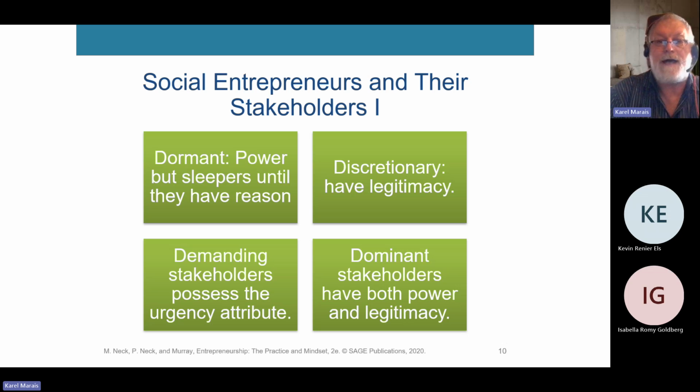stakeholders. These are the guys that are screaming and shouting, right? They have urgency. One of the reasons why you should consider them as having urgency is they could be the only people talking against you. But sometimes the fact that they are the only people talking against you is a problem. People might listen to them simply because they are the people with a voice.